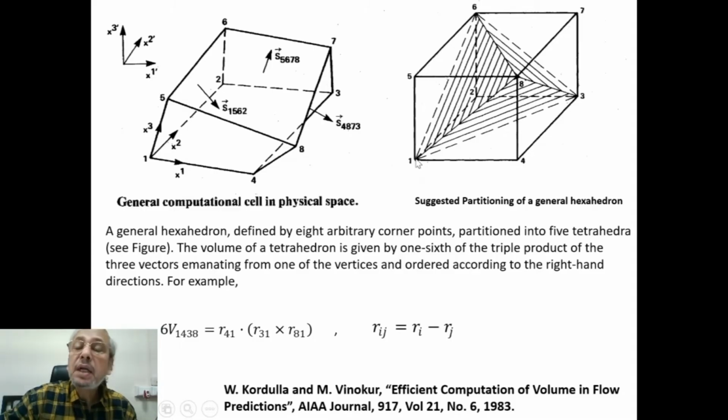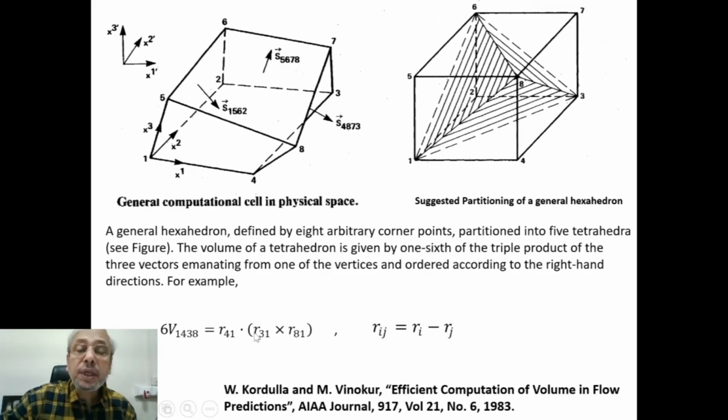So from 1, the vectors are R41, R31 and R81. So the triple product of R41, R31 and R81 divided by 6 is the volume of the tetrahedron